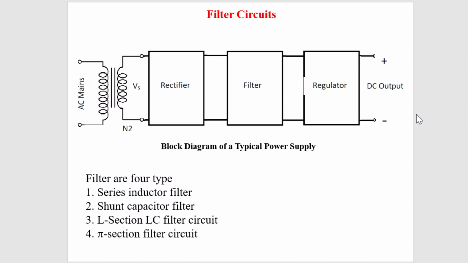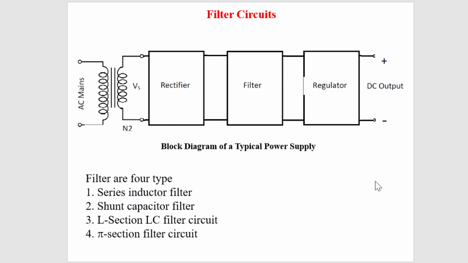So that is why, in the block diagram of a power supply, if you see the output of a rectifier, that is fed as the input of a filter circuit. So the output of a rectifier works as the input of a filter circuit. After passing through the filter circuit, we will learn that the variation will be minimized. Then we can get a constant DC output from a power supply.